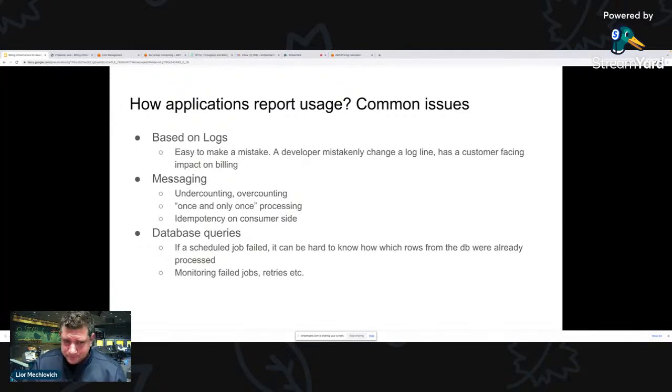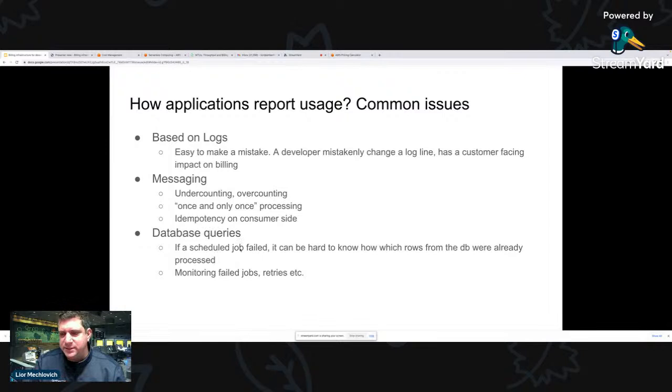Messaging: you really need to make sure that idempotency is kept, and that it's once-and-only-once processing. It sounds trivial, but it's hard to achieve sometimes. And really, it's not enough, right? Even with once-and-only-once processing, incidents happen, so all the issues we said about idempotency are really important. You need to make sure we're not undercounting, overcounting, and saving the raw events. Those are things to watch for.